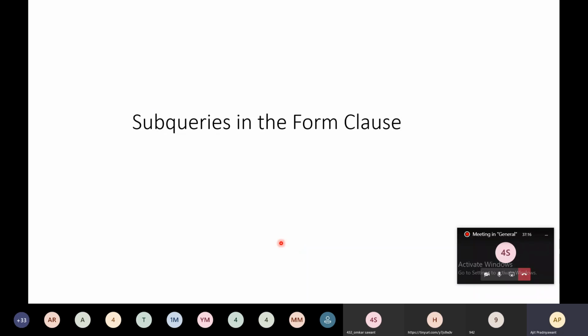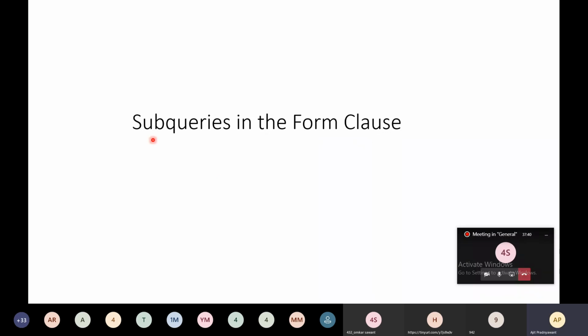Then we are going to learn about subqueries in the from clause. Till now we have seen some of the clauses along with subqueries in the where clause. Now we are going to learn about subqueries in the from clause.